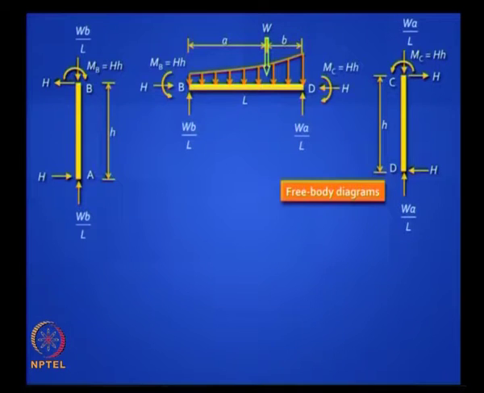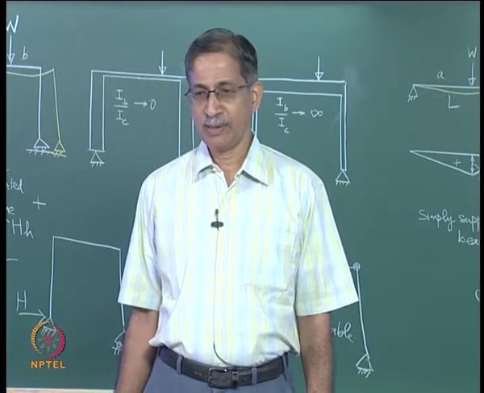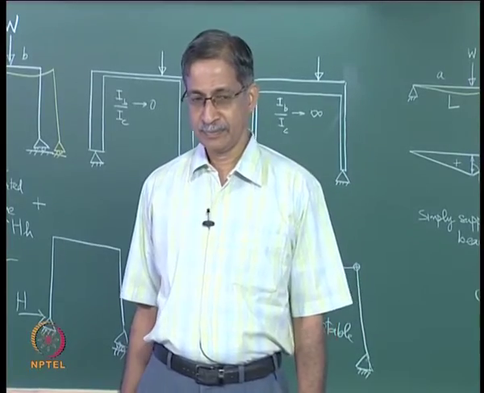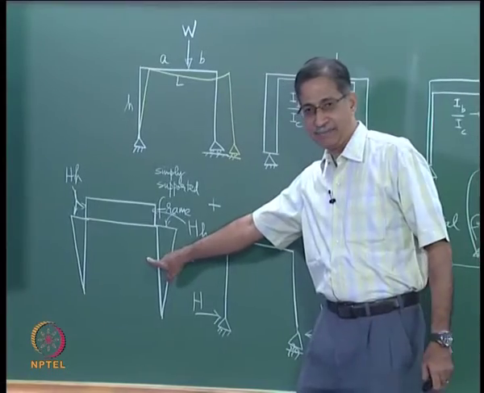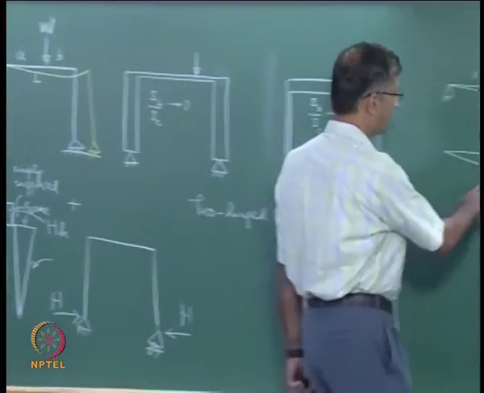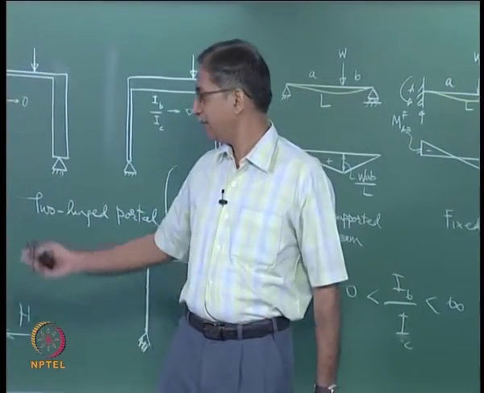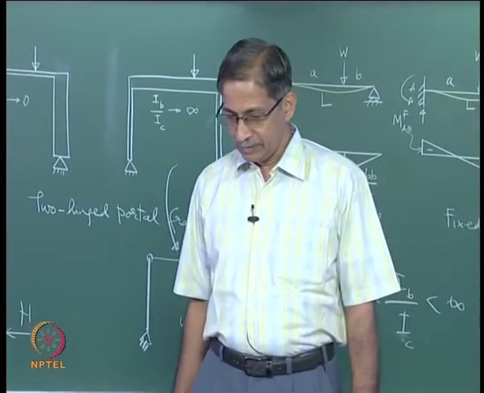So your redundant is capital H. If you know capital H, you know everything. Can you draw the bending moment diagram? What will it look like? It will be nothing but this plus this, right. That is what the diagram will look like, because it is a superposition of two simply supported frames. So it is going to look